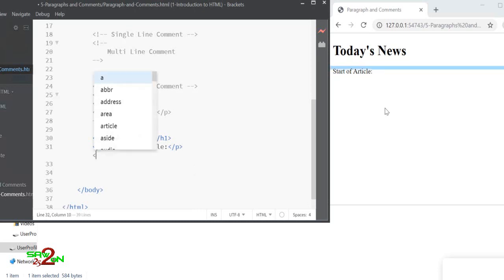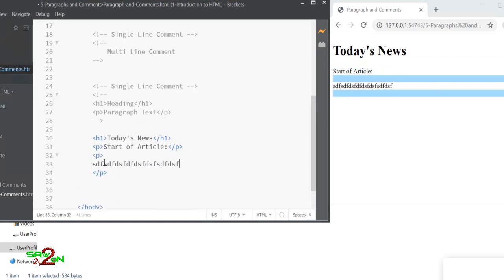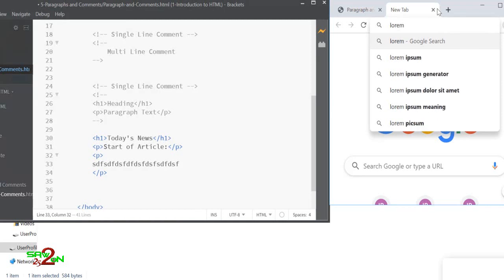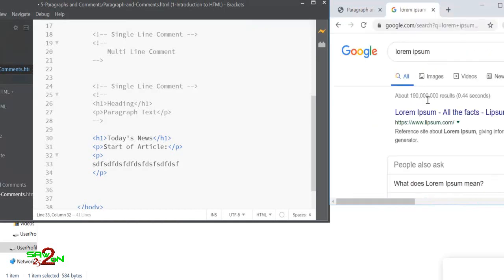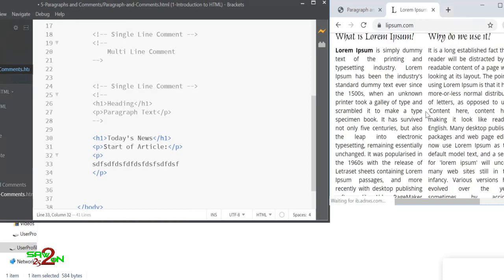Okay, and I want to paste some content here. Typically when you want to paste content, you tend to do this, right? There's a better way to write all those garbage there. This is called as lorem ipsum. Okay, if you're hearing lorem ipsum for the first time, this is a garbage content. You can paste it anywhere you want,